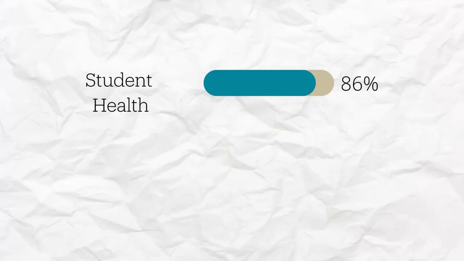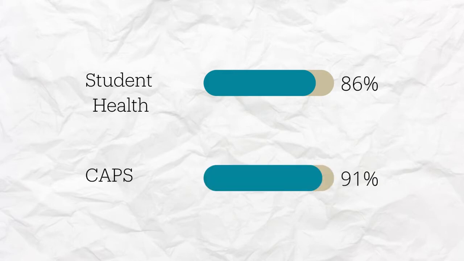In that group, 86% of cisgender students reported that they are always called by the correct name and pronoun at student health, and that goes up to 91% at CAPS. There are a couple of things that could explain the difference between CAPS and student health, and I think some part of that is that we know that people are most likely to be called the wrong name or pronoun in a higher volume area when they're being addressed by somebody who doesn't know them well. That happens more often at student health, whereas at CAPS, often if somebody is seeing their established provider, that might be the only person that they encountered during their time at CAPS.